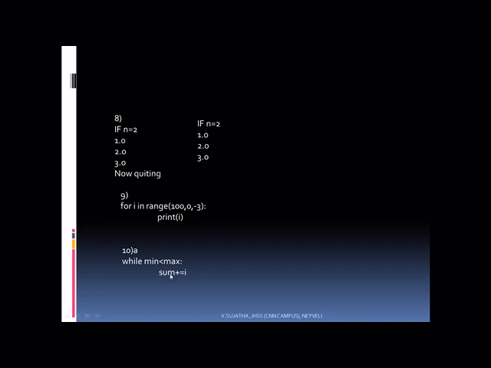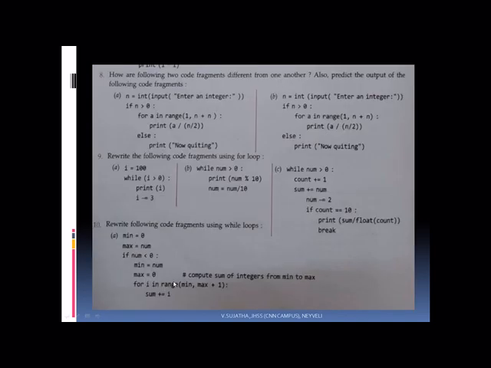Okay. So what action? Sum plus equal to I. Then afterwards you have to give, I forgot to give here, you have to give here I equal to I plus 1. That you have to give it here. Mark it. I equal to I plus 1. So while min less than max, sum plus equal to I, I equal to I plus 1, you have to add it here. I forgot to add, you have to add it here. So then it will be correct. So you have to write all those things. Then in this statement only it is replaced by the while statement. Clear?